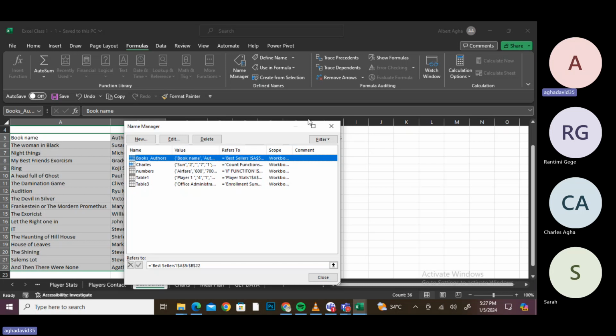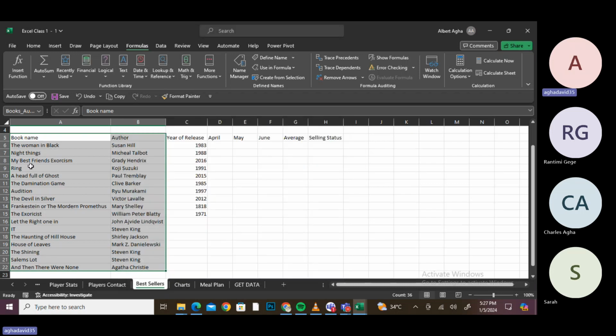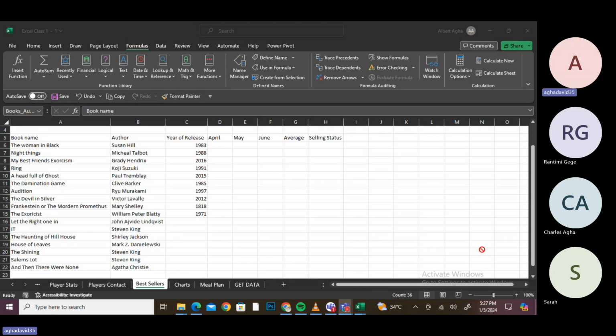This now has become a named range called books_authors. Now, in case in the future we can't find this named range,